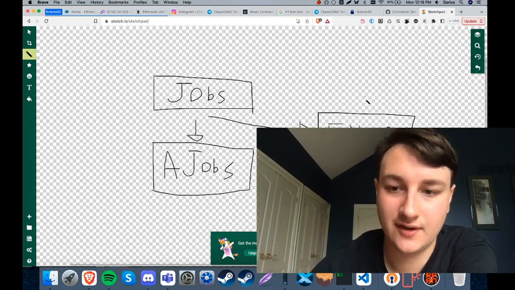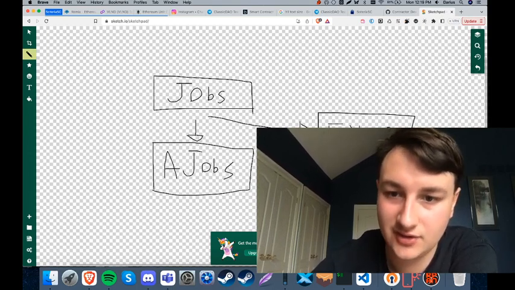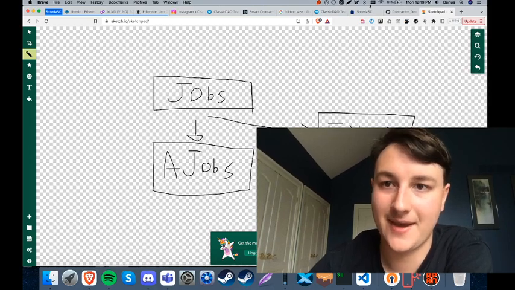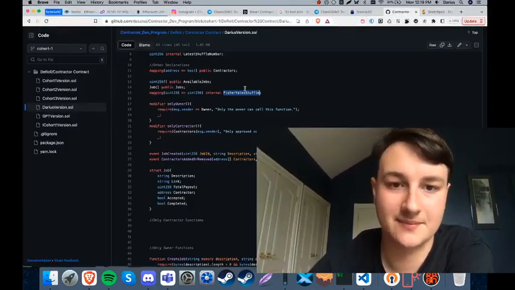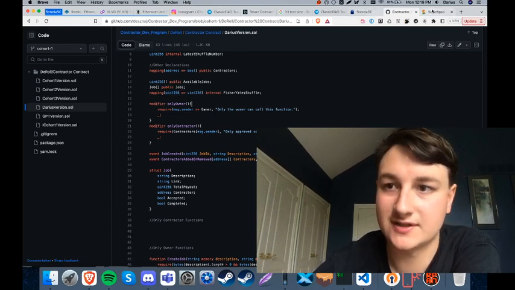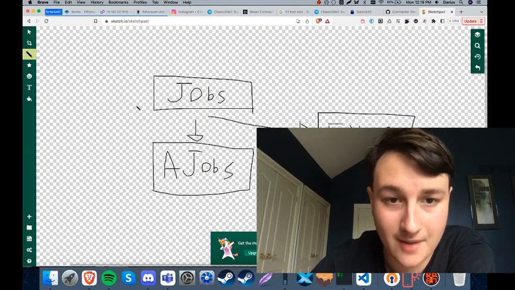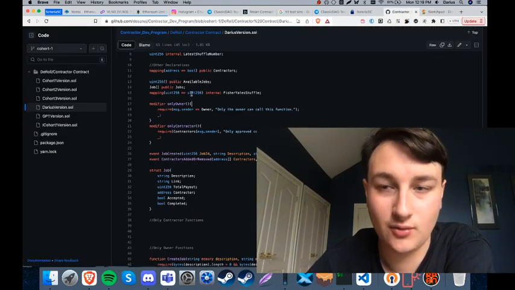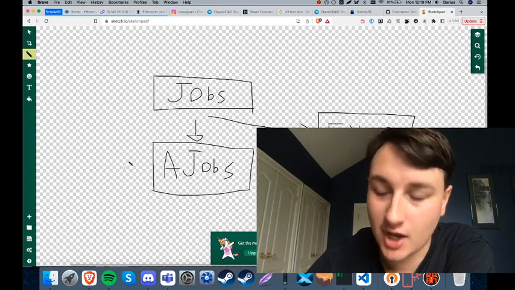So we take the 0 ID of the jobs, and essentially the key pairing is going to be a mapping. I'll show you through here. It's a mapping of a uint256, and that uint is the job ID, to its position within the available jobs array.